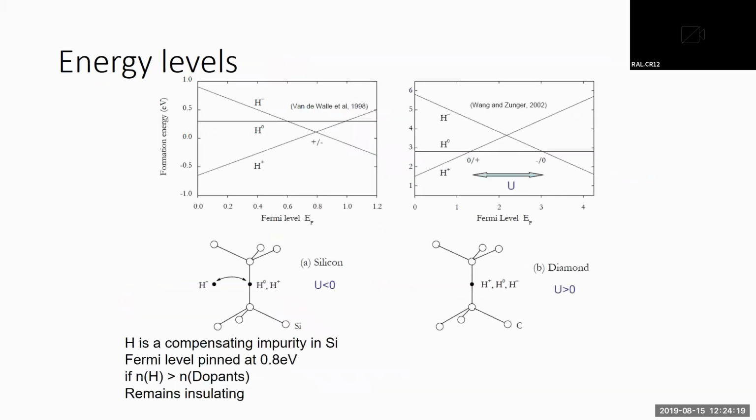So the main interest of what we ultimately want to find out about the muon in the semiconductor is what its energy levels are for the ionization from muonium into Mu plus, and in fact to Mu minus as well. This corresponds to what hydrogen impurities are also doing in the same material. In some materials, like silicon for example, these diagrams show the Fermi energy level across the gap, and this is the formation energy of these various states.